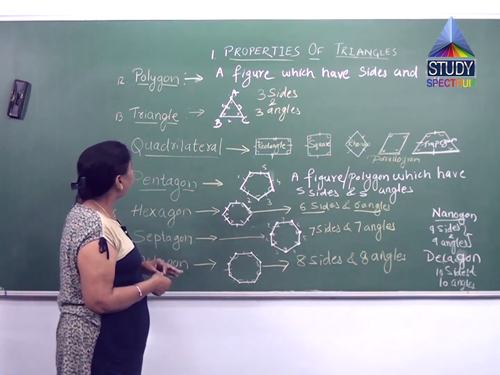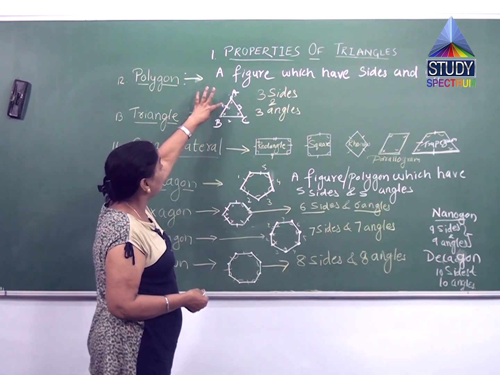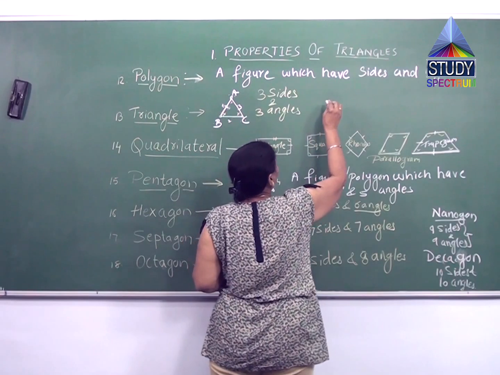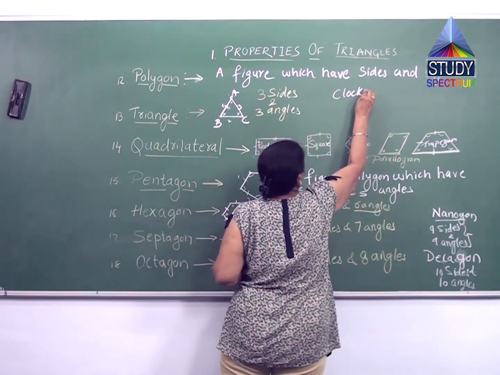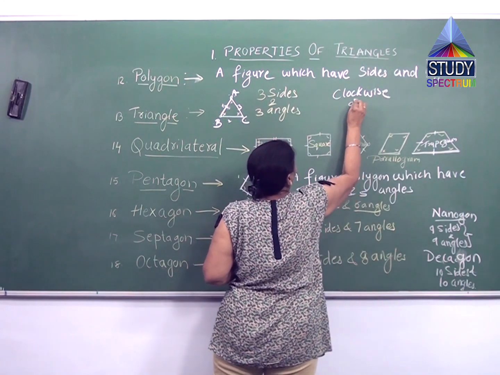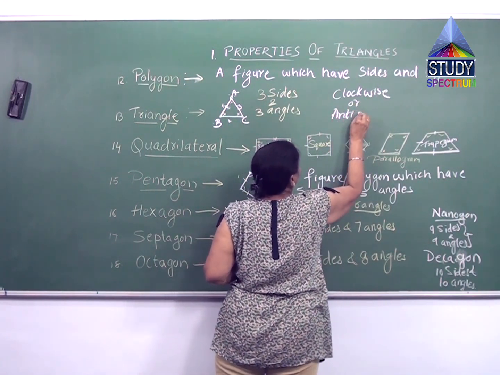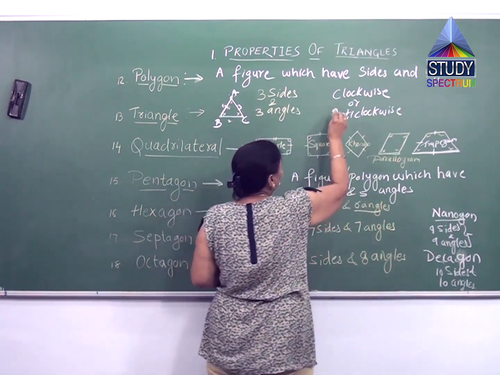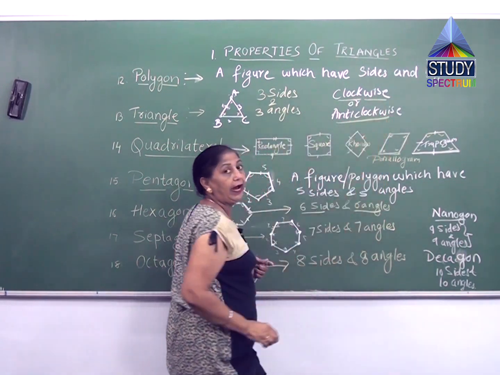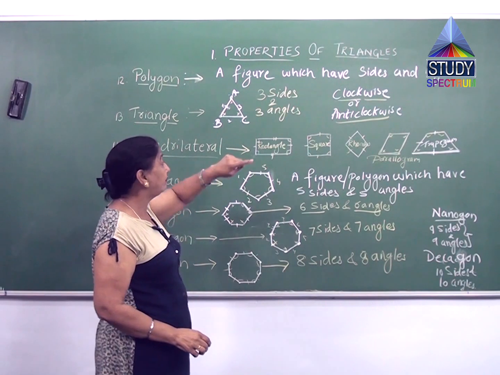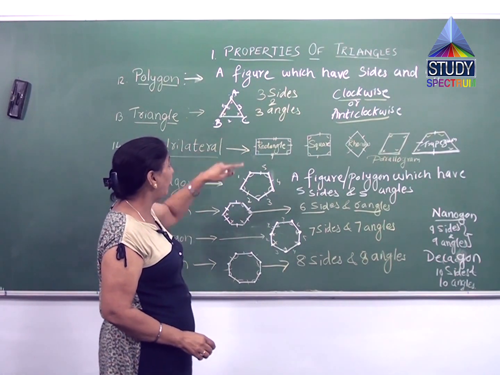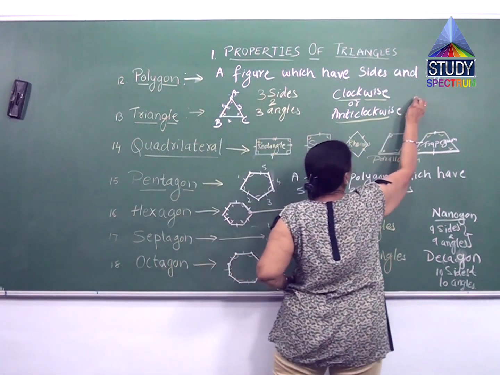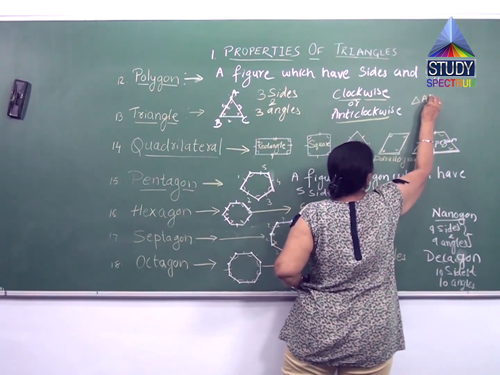Now, one more thing, like in a triangle here, where I have given a name. I can give names to all, and these names are always written in clockwise or anti-clockwise. So names given to these figures can be written in clockwise or anti-clockwise. I'll give you only one example, of a triangle, as we are dealing only with triangles. So here I have given A, B, C. So I can write triangle ABC.